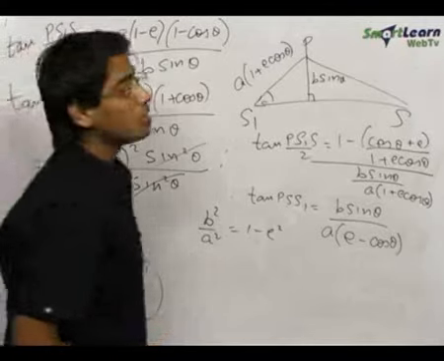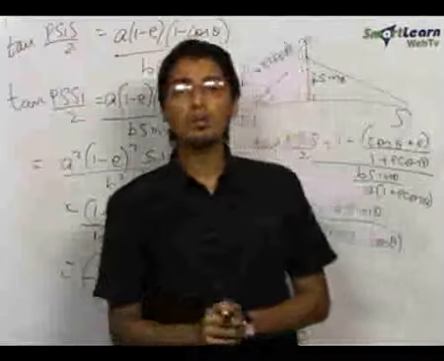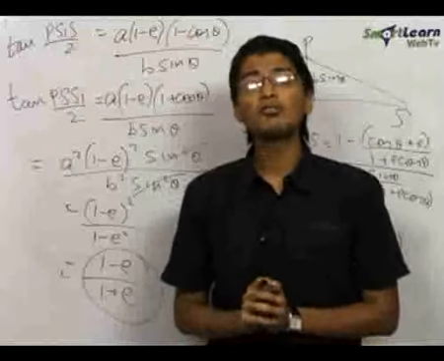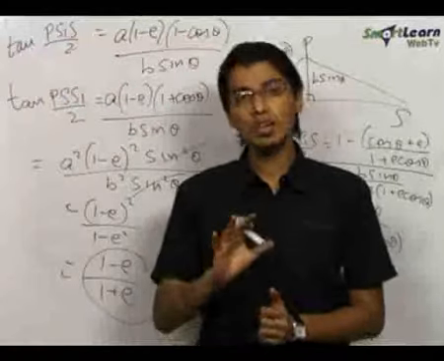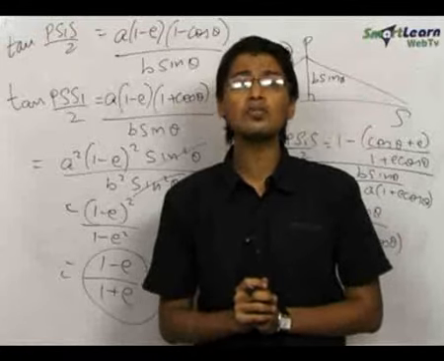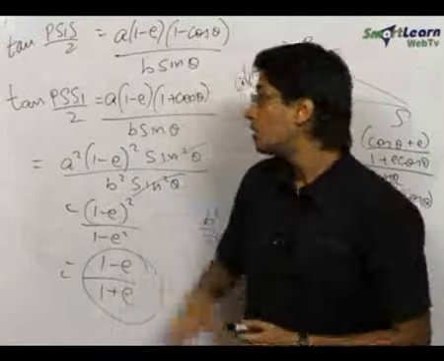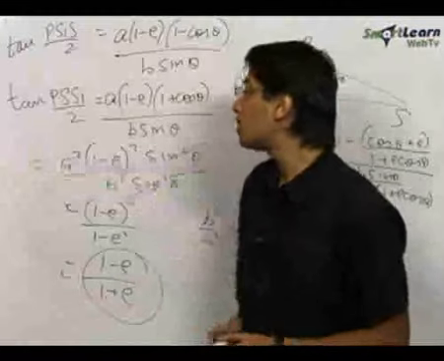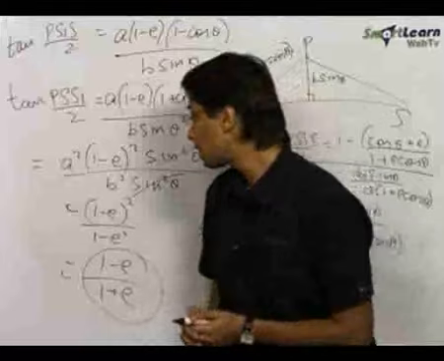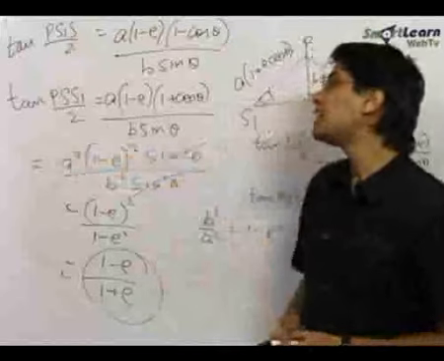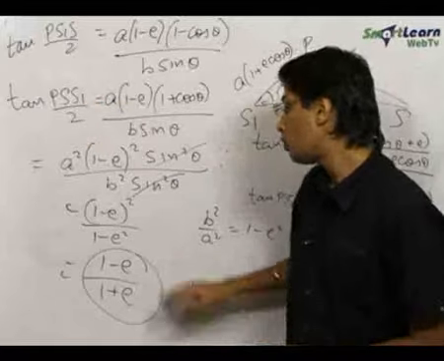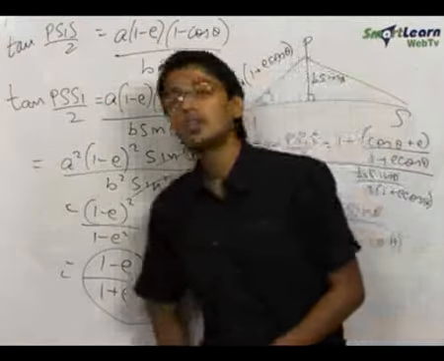And hence, we have seen that this was a very important problem since it required certain knowledge of geometry of the triangle PS1S, where P is any general point on the ellipse, and S1 and S are the two foci of the ellipse x square by a square plus y square by b square is equal to 1. So, doing the entire problem using trigonometric knowledge and the knowledge of analytical geometry, we have tan of PSS1 by 2 into tan of PS1S by 2 proved to be equal to 1 minus E upon 1 plus E.